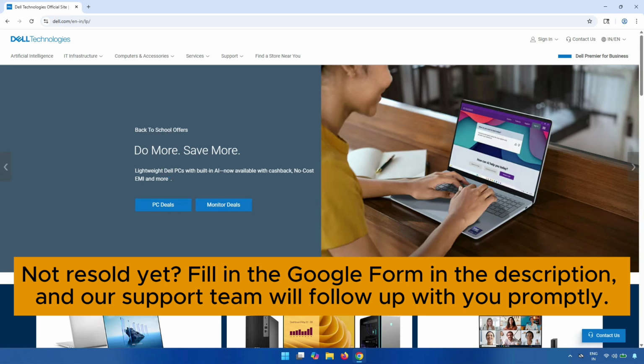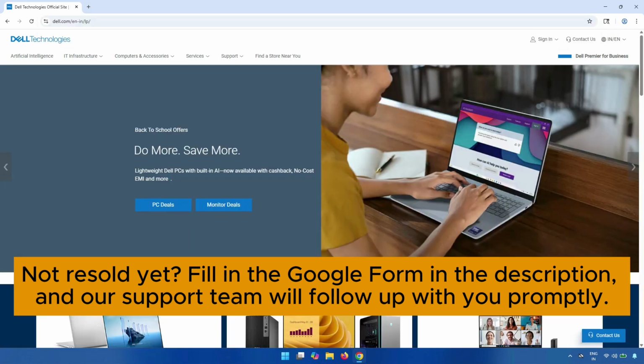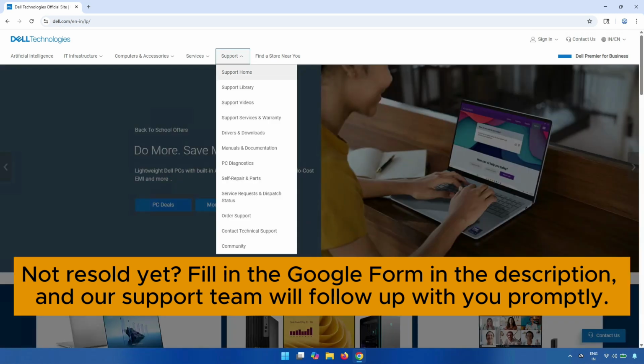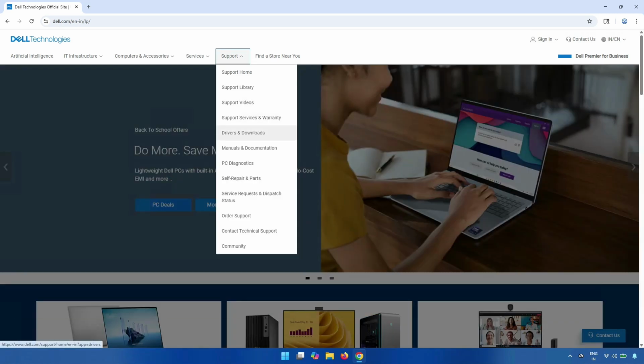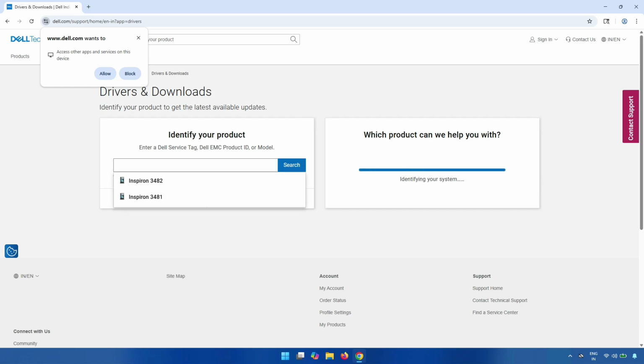So guys, first you have to come to this site, dell.com, this official website, so you can download the latest driver. After that, click on support, then driver and download. Then enter the model number, Dell